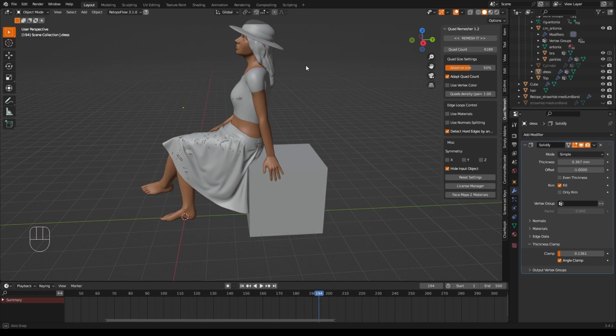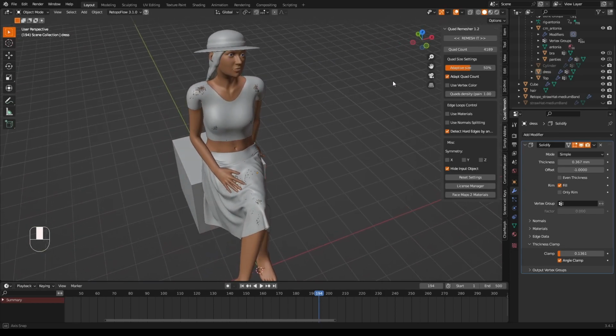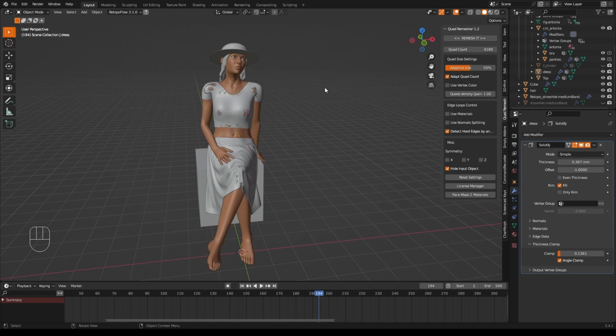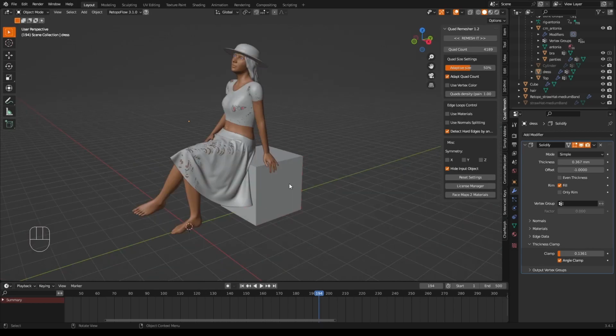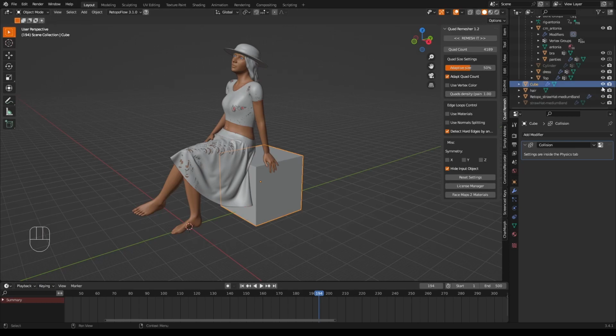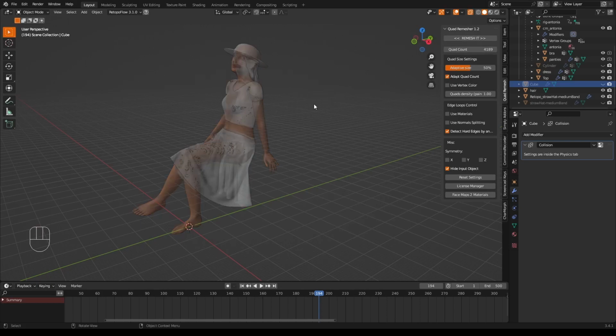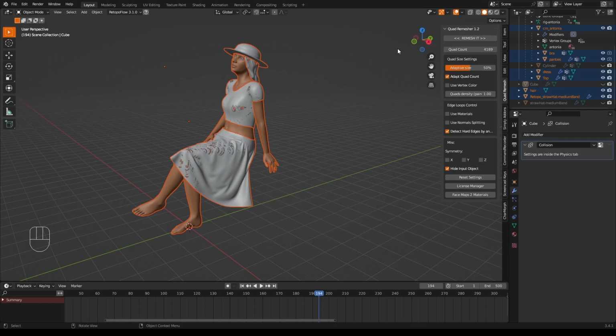So to export this, we have to select everything that we want to export, and I don't want to actually export the cube here, so I'll need to turn that off. I'll click visibility in the outliner, and we'll turn X-ray mode on, which is this little button over here. This just makes it easier to select everything. So press A to select everything, may as well turn off X-ray mode again, and then we go into File,